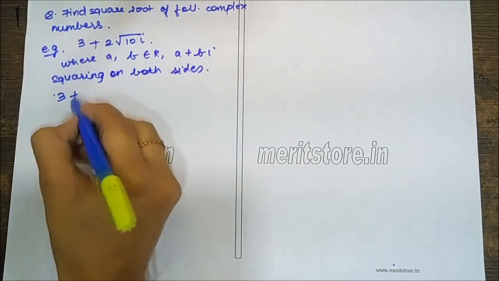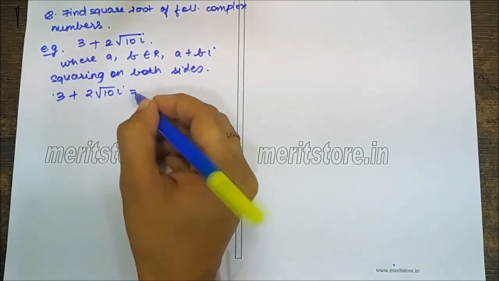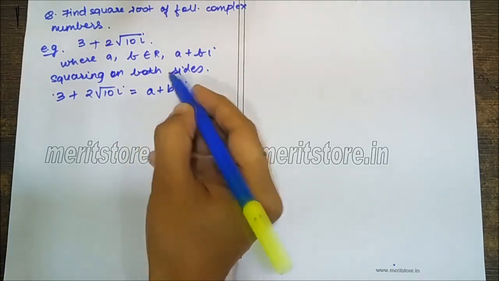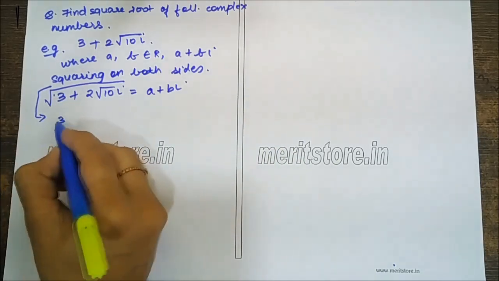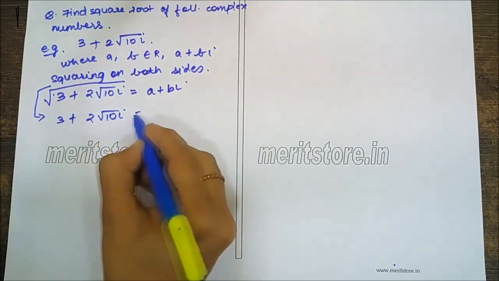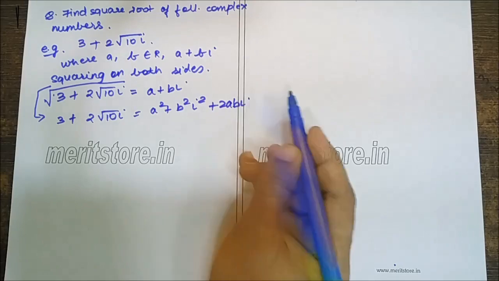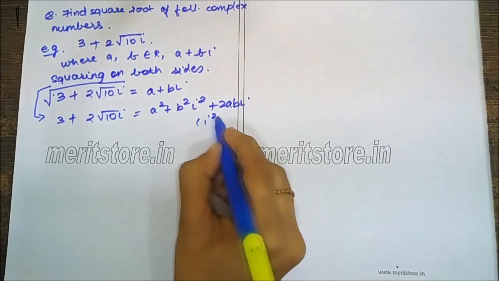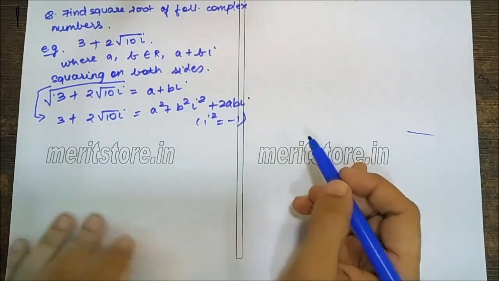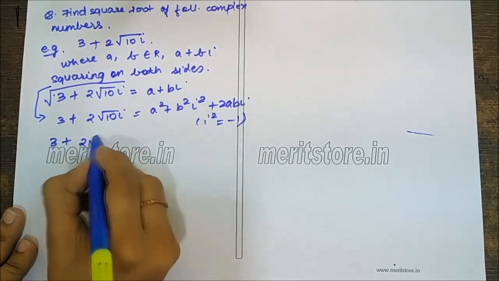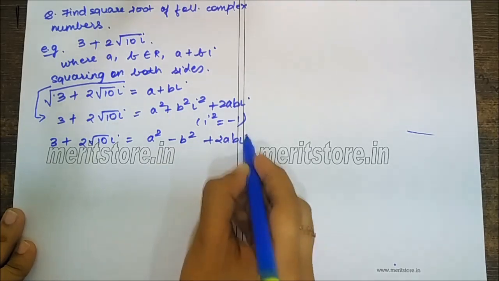So 3 plus 2 root 10i equal to a plus bi. So squaring on both the sides, your step will be 3 plus 2 root 10i equal to a square plus b square i square plus 2abi. Now i square is equal to minus 1. So 3 plus 2 root 10i equal to a square minus b square plus 2abi,